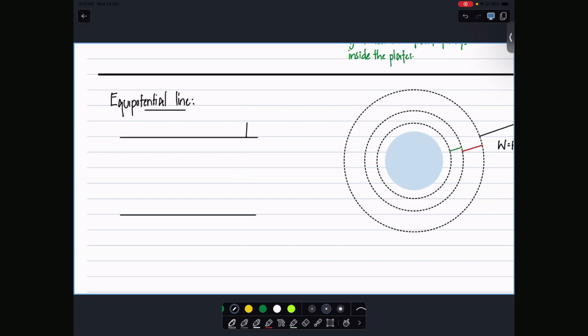So let's say this is, I'll give numbers, plus 1000 volts. And this one is connected to the ground, earth, so 0, right? Will there be a potential or a field between these two plates? Yes, definitely, because there's a potential difference out there, right? Now, my question for you is, how should I draw the potential lines here? Should they go like this? Should they go some other way?